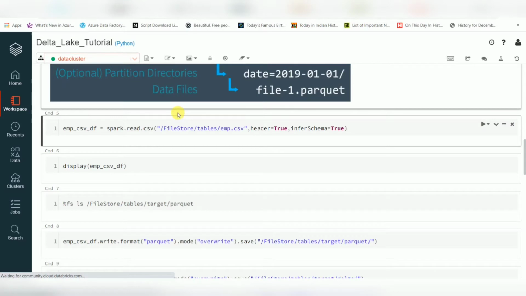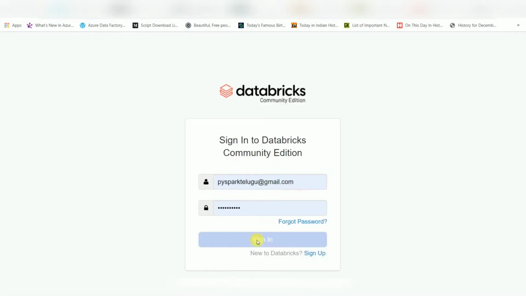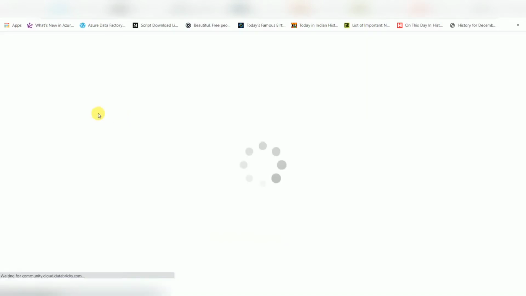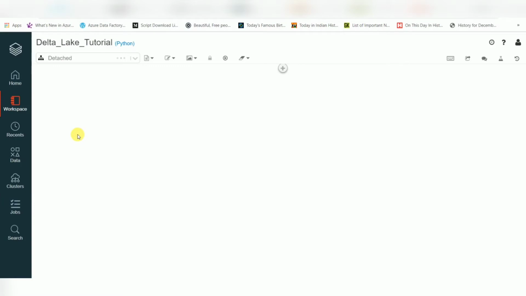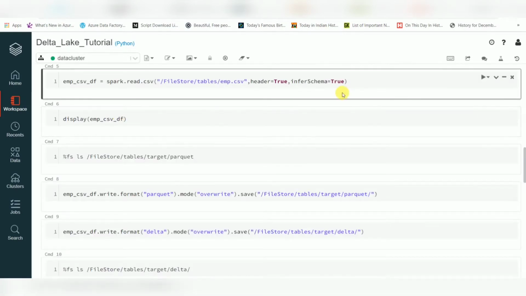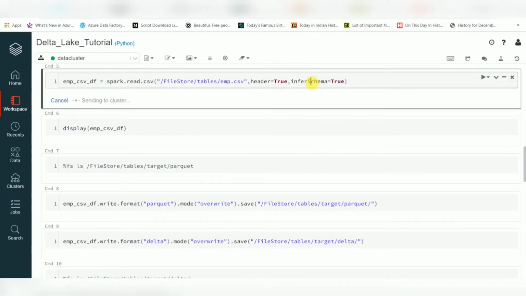Just relogging again, the session got expired. I'm using Community Edition. I have a CSV file which has employee data, 15 records. I'm creating a data frame and I'm going to use this data.